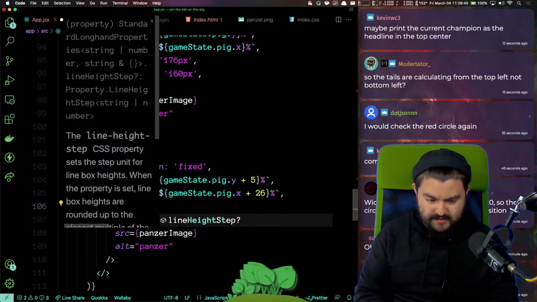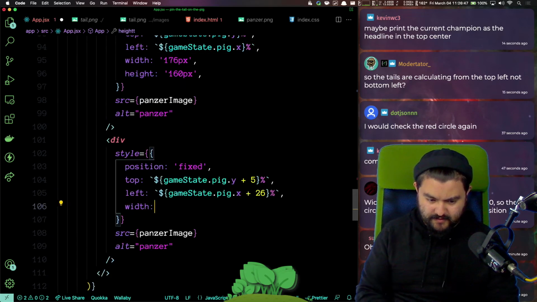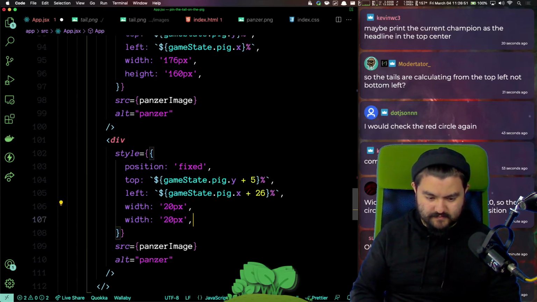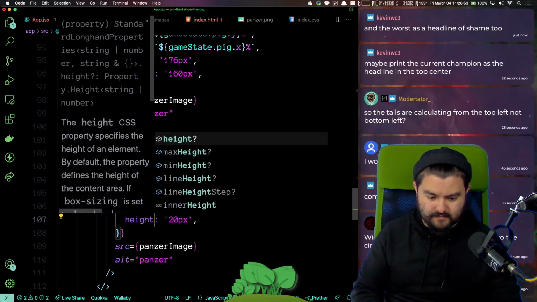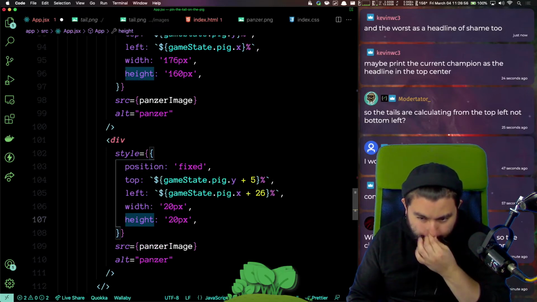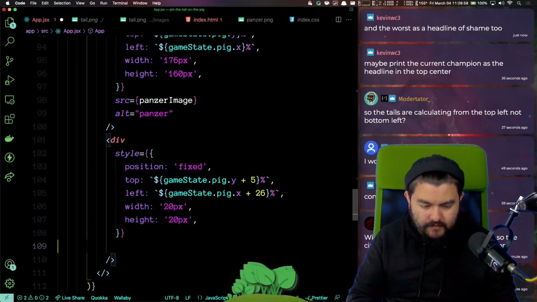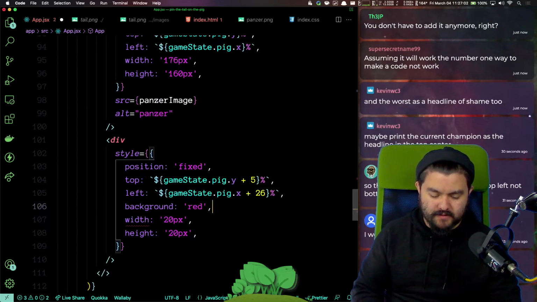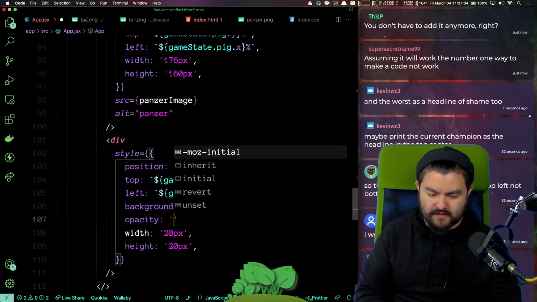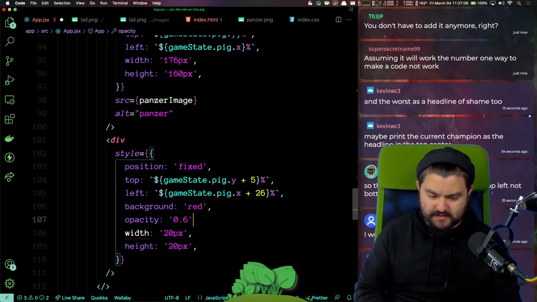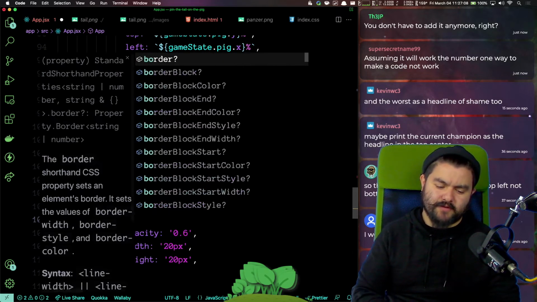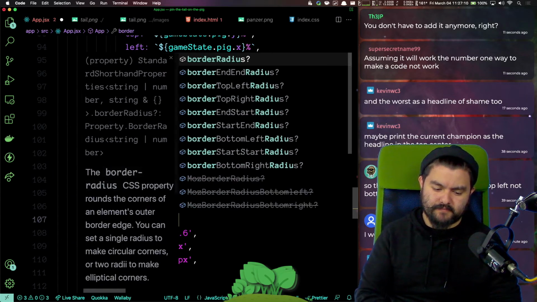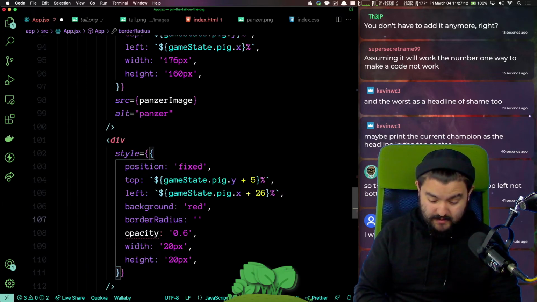It has a width of 20 pixels. And a background of red, opacity of 0.6, and a border radius of 50%.